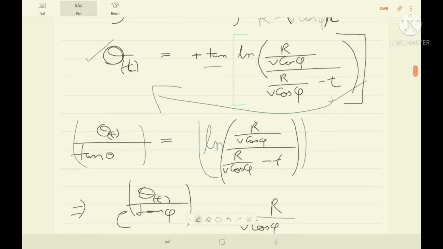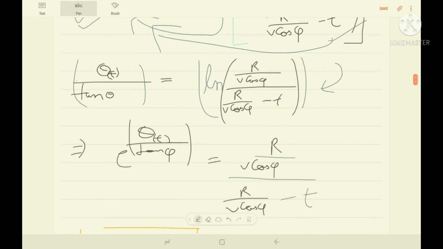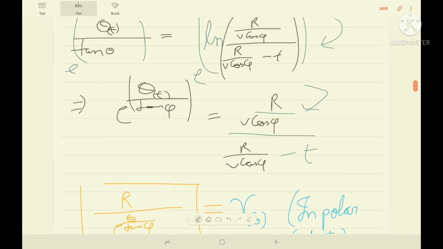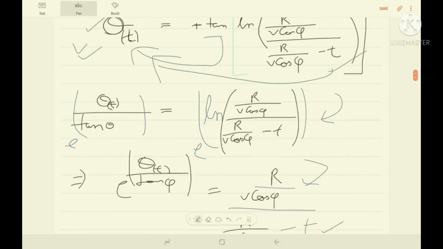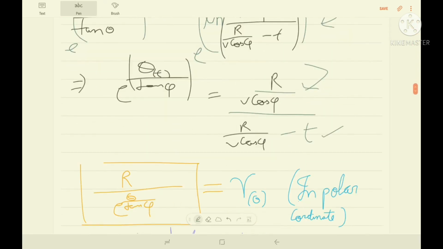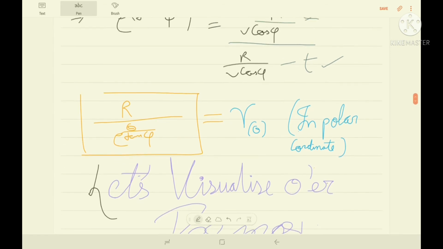Trying to do so, we can divide the whole of this equation by tan(phi). So tan(phi) comes here and we end up in this equation, right? After that, what we can do is take e to the power this much is equal to e to the power that much, which in turn yields this. Now we can separate t from this equation very easily, and we can substitute that in this equation. Doing so, the whole thing yields this little small equation. To visualize it,